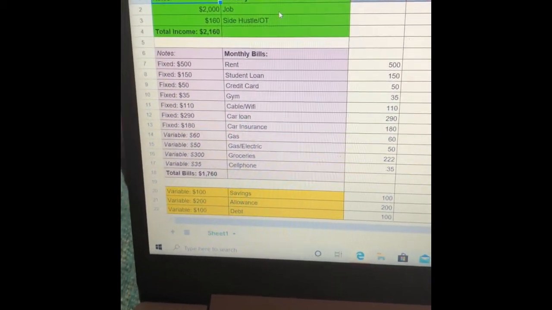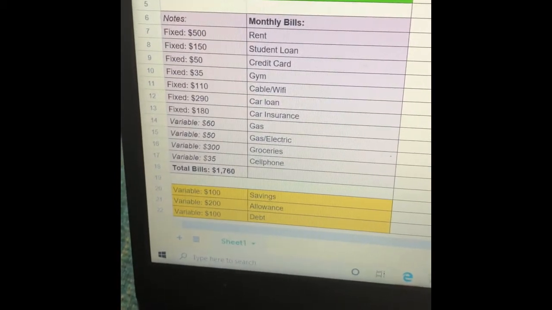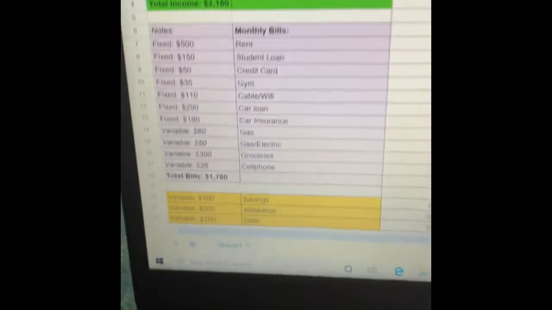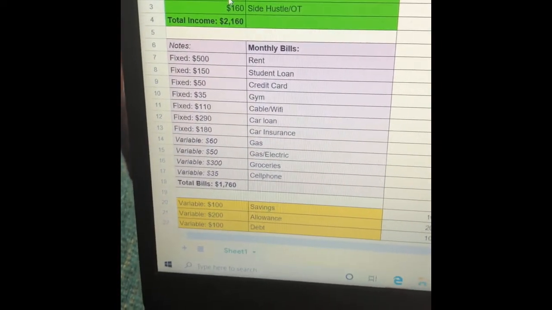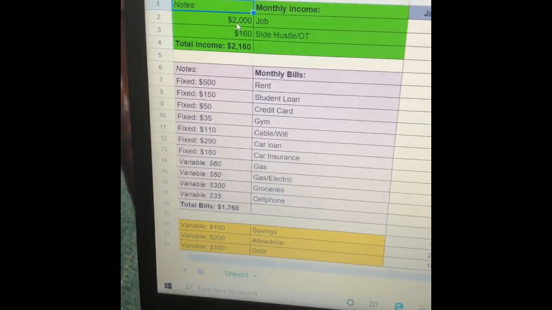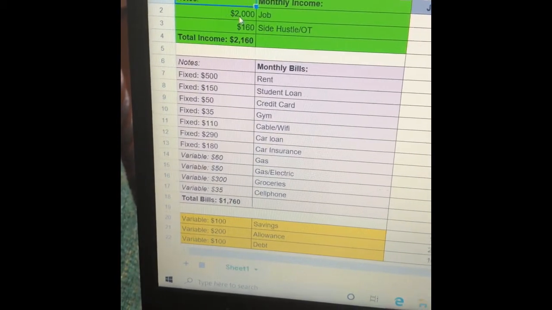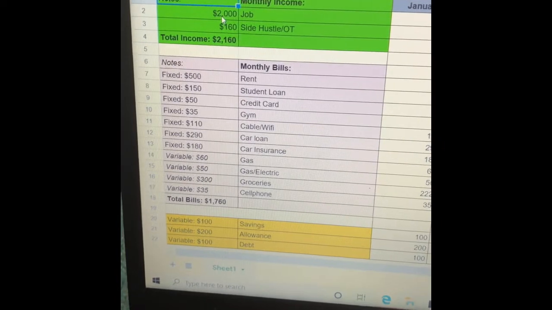This isn't my exact budget, but I just wanted to have a little example for you guys so you can see. As you can see at the very top, I have my monthly income, supposedly. Again, none of this is real. It's just an example for you. And again, as I mentioned, this is on Google Sheets, so it's totally free. You can always access it. All you need is a Gmail account, which is free, and you will be able to do this on Google Sheets.